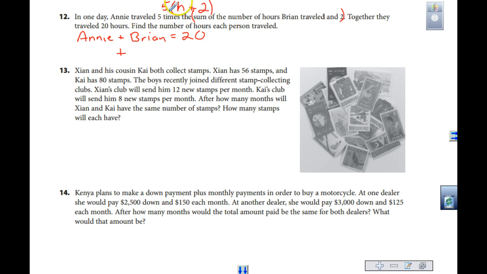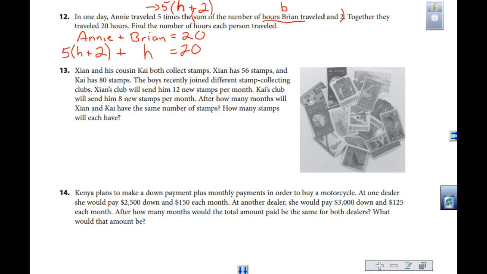Now, I'll use H actually for hours. Is this Brian's mileage or Annie's mileage? That's Annie. So how much did Brian go? See, this is why it's good to define the variable at the very beginning. Notice how when we use our variable right here was the hours that Brian actually traveled. So Brian's mileage was just H. Annie's was H plus 2 times 5. That equals